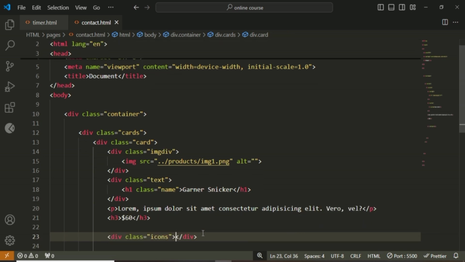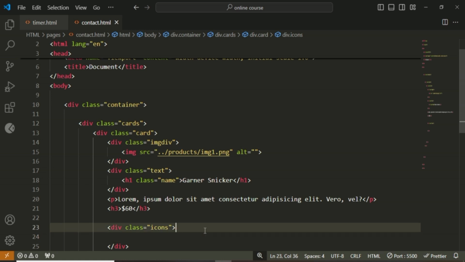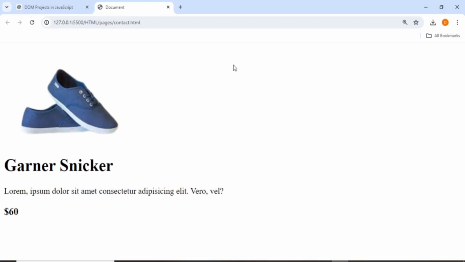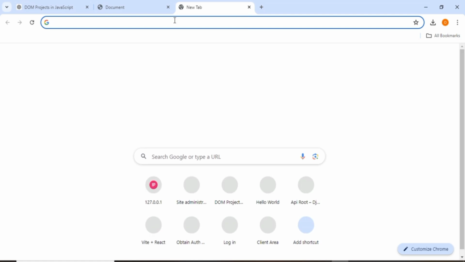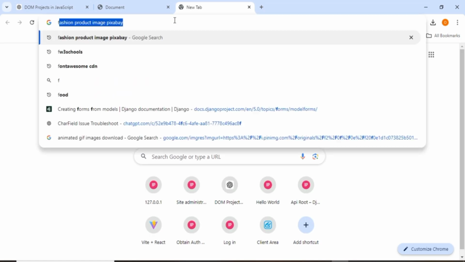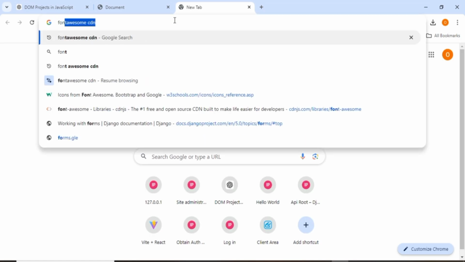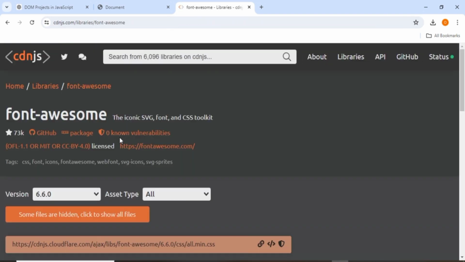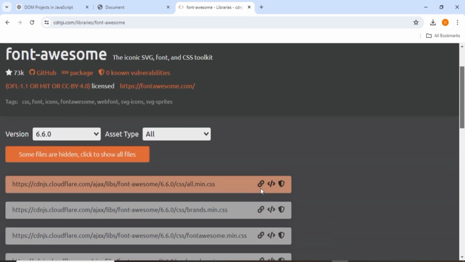The next thing I want to add is icons. So I'll have icons here, and I'm going to have different icons. To add icons, I need to get the CDN for icons. So I'll go to my browser and type font awesome CDN. Coming here, I'm taking this first one. I'll copy this first one,